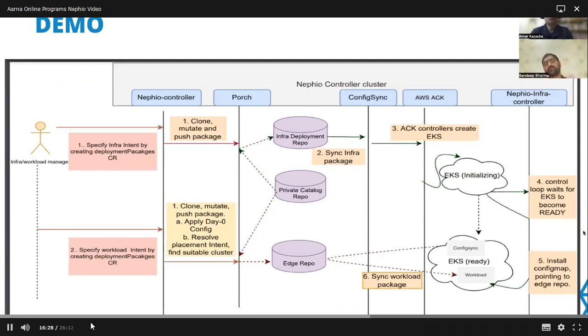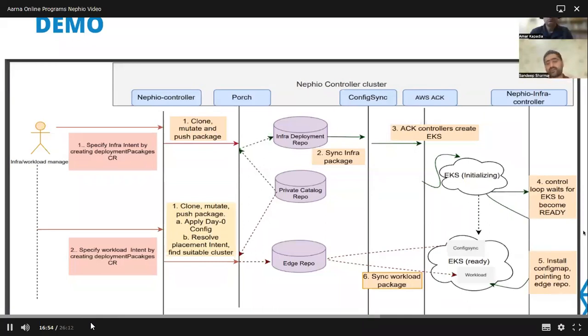And once it comes into ready state, it deploys config sync in the target cluster, and it also configures the config sync to point to its corresponding edge repo. So that is the minimum preparation that is required in order to prepare these clusters for handling the deployment of the workload.